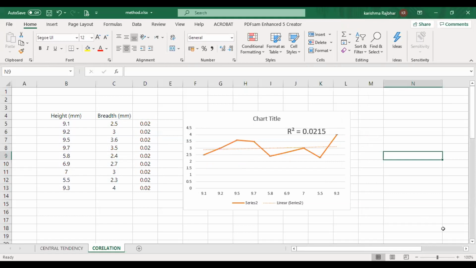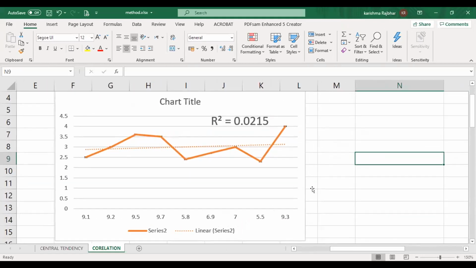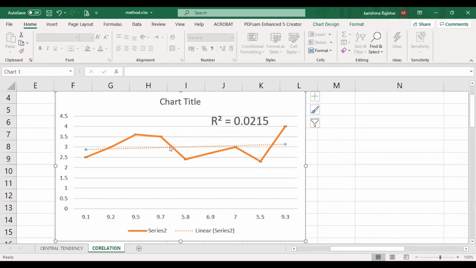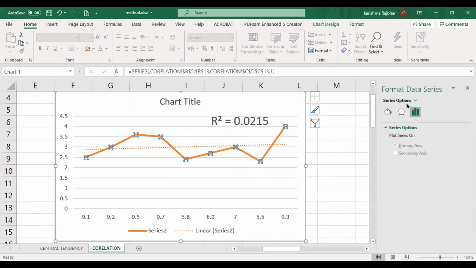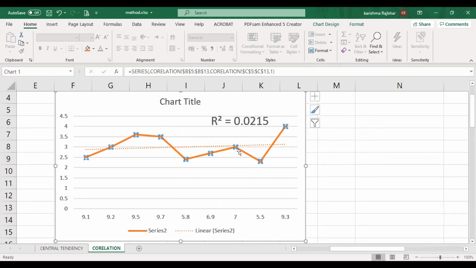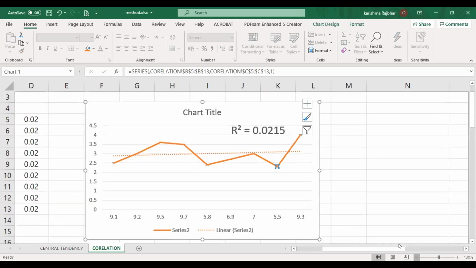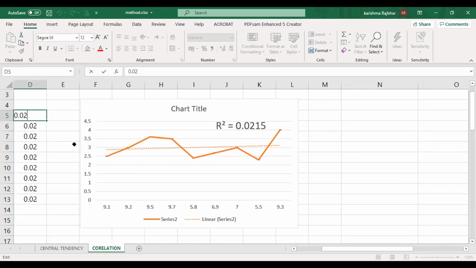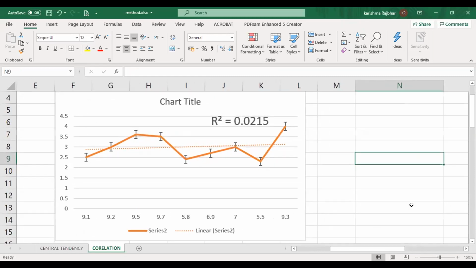Now see here, there is an error bar, but it is not visible. I will just maximize it, and I will make a line. Just a second. Now this error bar is visible to you. Students, can you see this I-shaped structure?